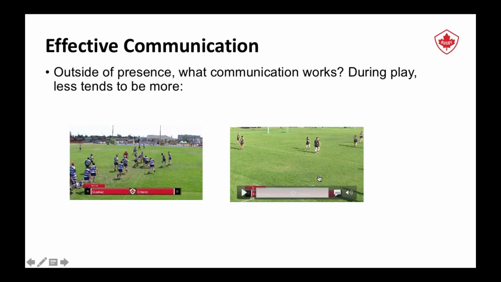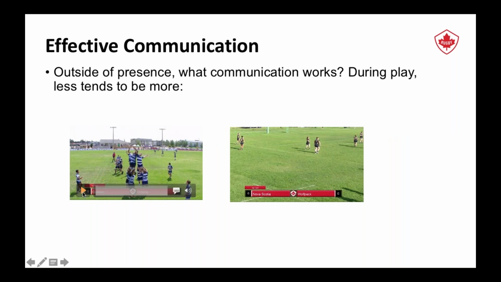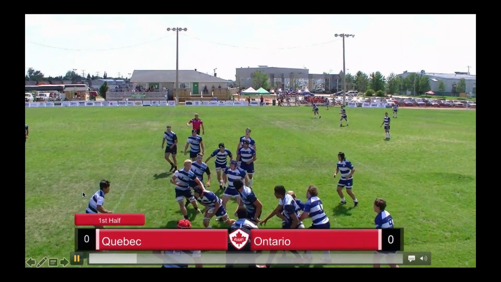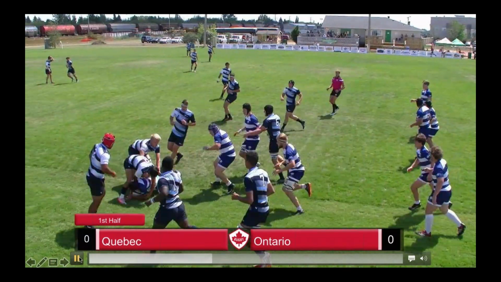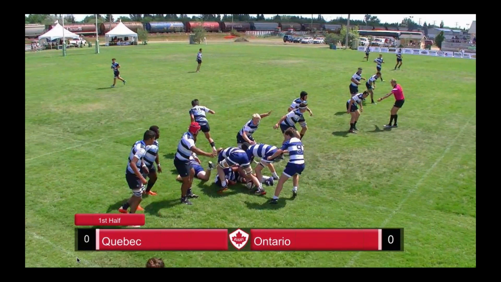Okay, so the first example here, the quickness to manage the offside line by the referee. The referee says back before I even hit pause. And so it's before the 9 is even in a position to move the ball. So if we're going to be proactive or trying to be